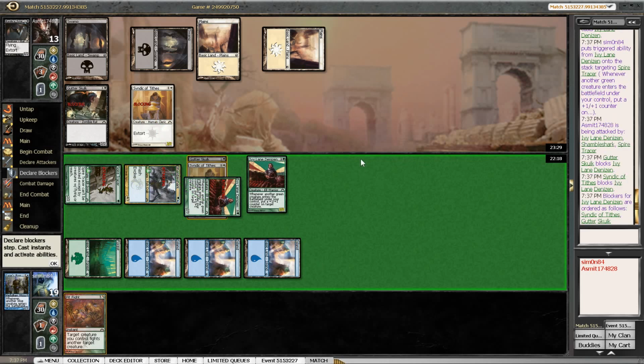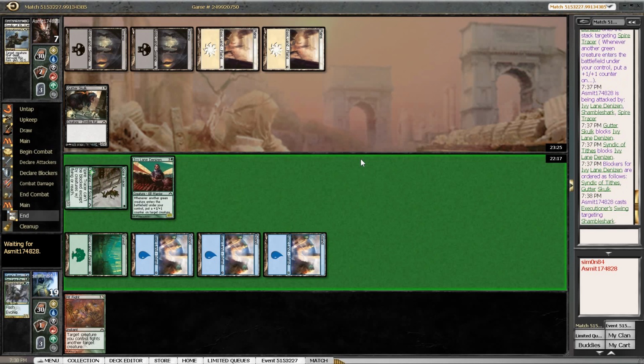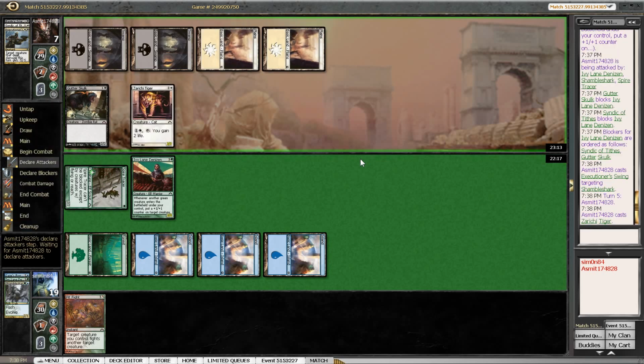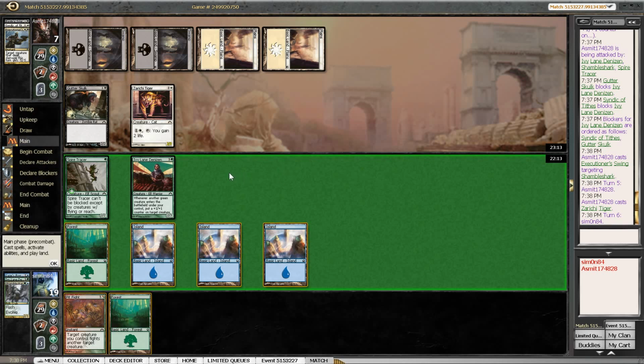I don't think that he has a trick here. I think that's just a trade, yeah. He goes down to 7 and probably doesn't use his mana. Oh, he does. Executioner's Swing on the 4/3 Shamble Shark. And there's a Ricci Tiger. Yeah, that Tiger is